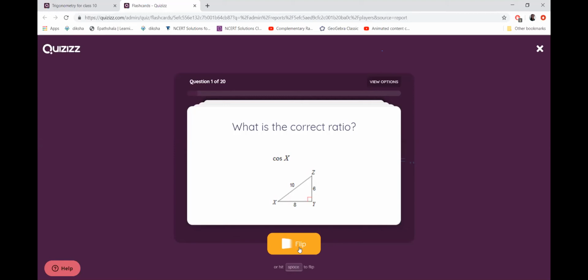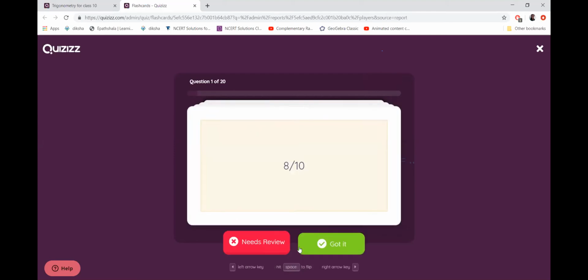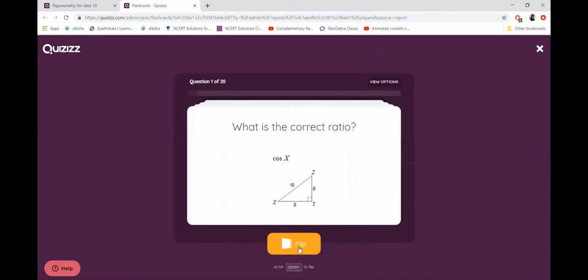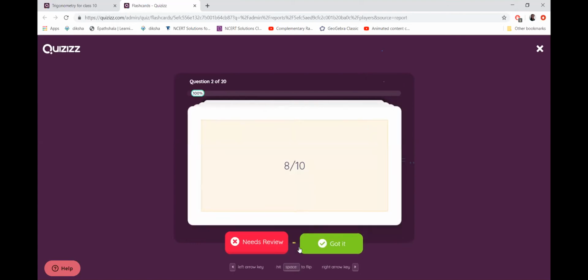All right. Now here only the answers I'm giving. And definitely it is not in the same order. So don't be very intelligent in trying to think of some wrong methods of doing things. So the correct ratio here was asked. The correct ratio is actually 8 by 10. If you got it, you just find out how it can be got. Okay. So now I'm moving to the next question.